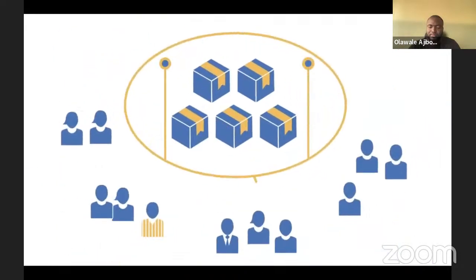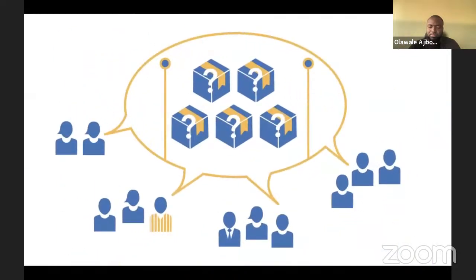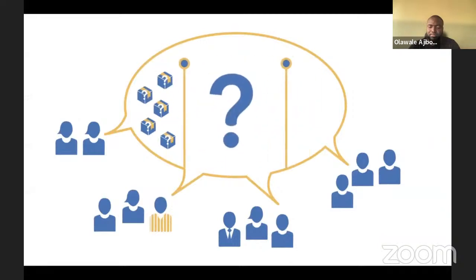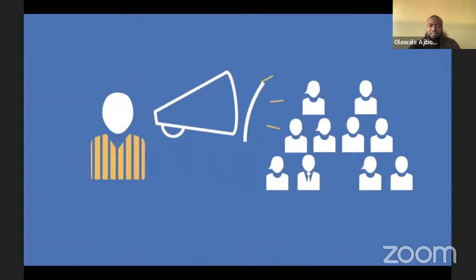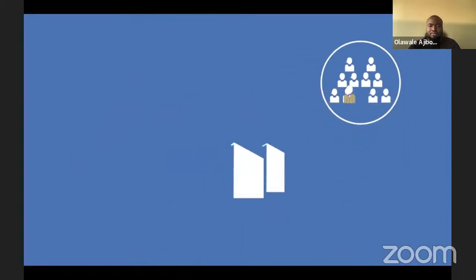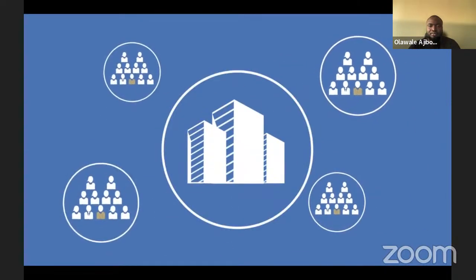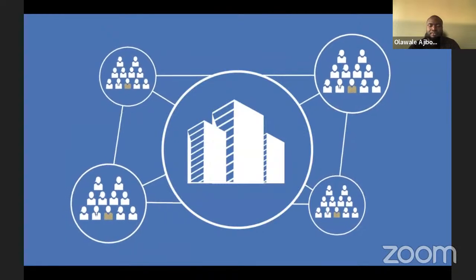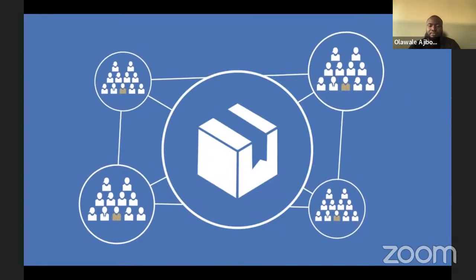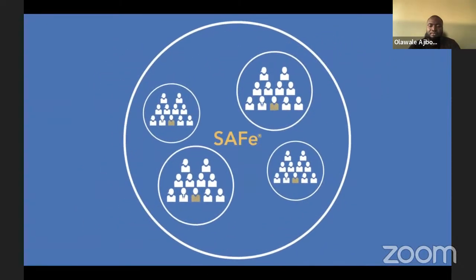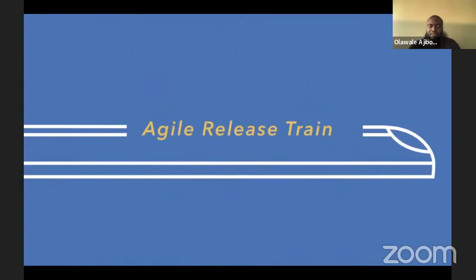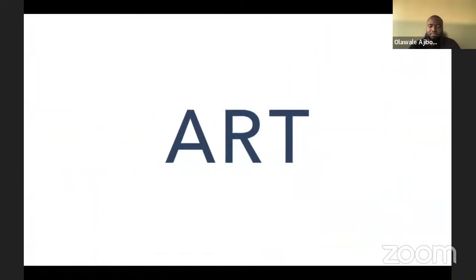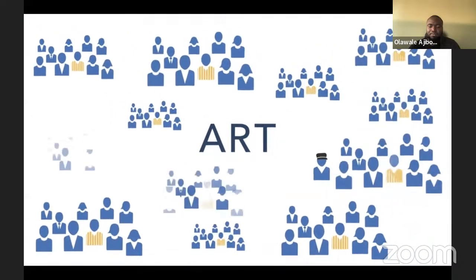Before the next iteration, the team reflects on what to improve for the next iteration in an iteration retrospective. The Scrum Master is the coach of the team, helping it improve and facilitating the various events. In an enterprise, multiple teams need to work together as a team of Agile teams to deliver value. In SAFe, these teams of Agile teams are called an Agile Release Train, or ART, and include 50 to 125